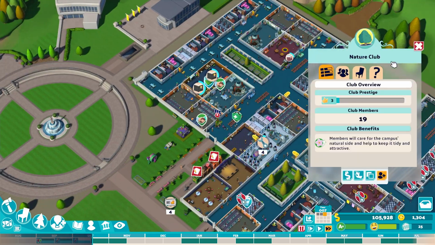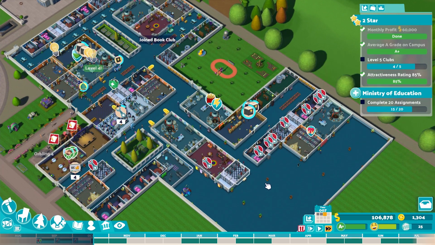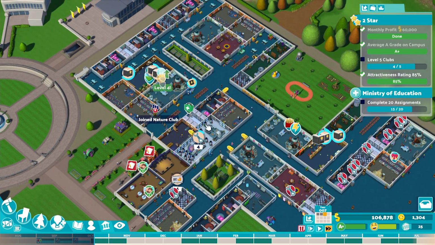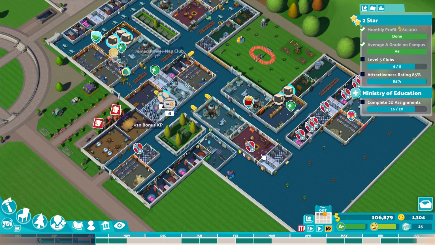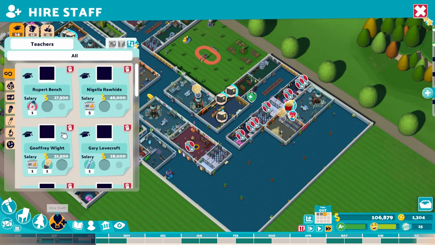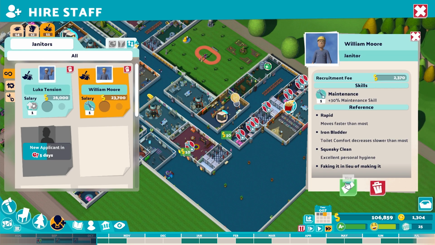Okay, so our Nature Club can't be far off now. There's plenty of sign-ups coming in there. The attractiveness rating's looking really good. We just need to make sure our janitors keep on top of everything, as it will continue to decrease throughout the year. We've got a lot of stuff that needs repairing here, so I'm hoping that now that I've got a few more janitors in, they'll actually be able to...